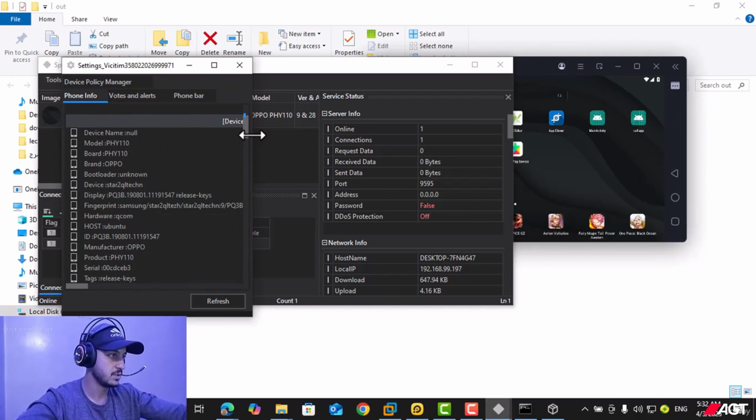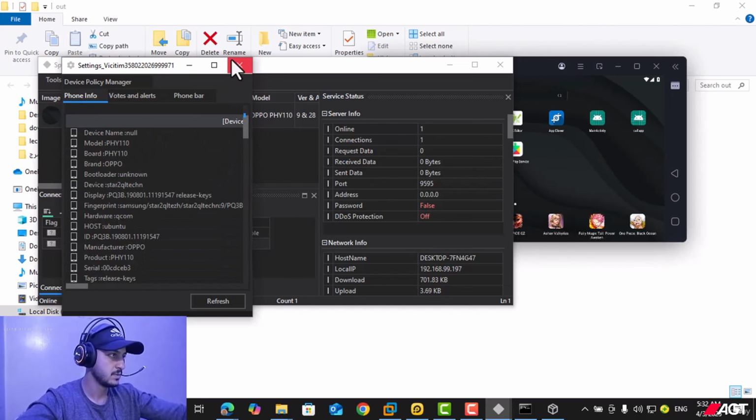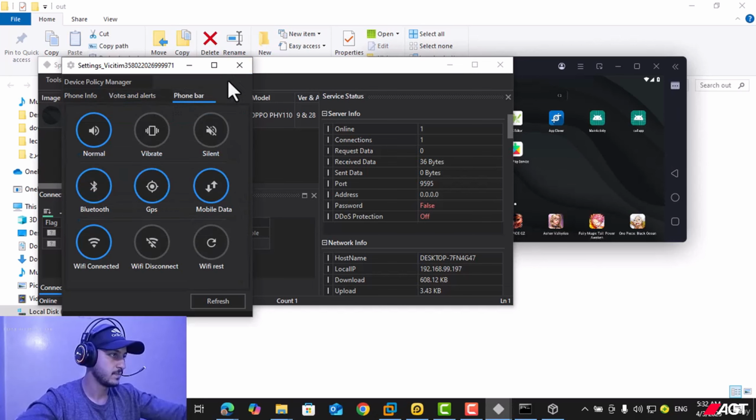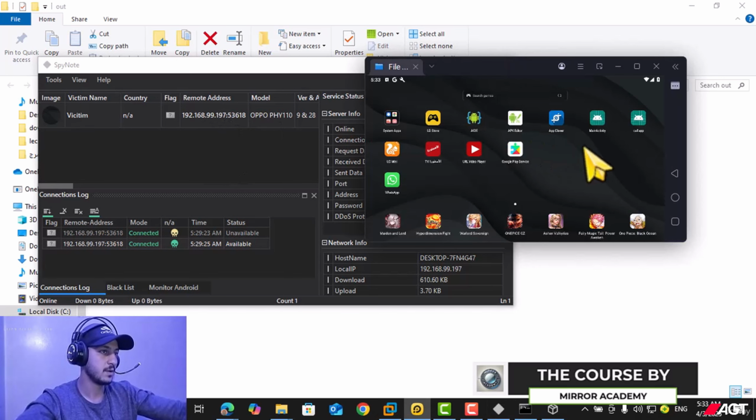We can change anything we want. Anything we want to change, we can change. And as you can see, we successfully hacked a phone with the SpyNote tool,